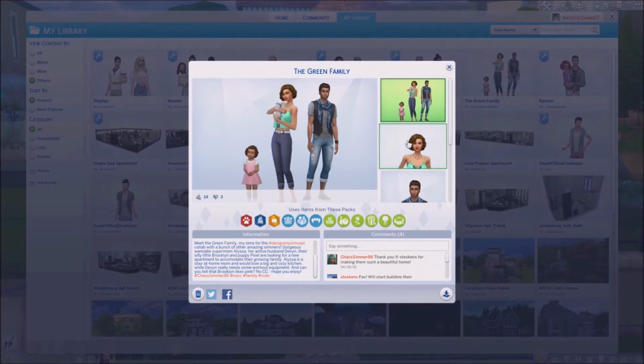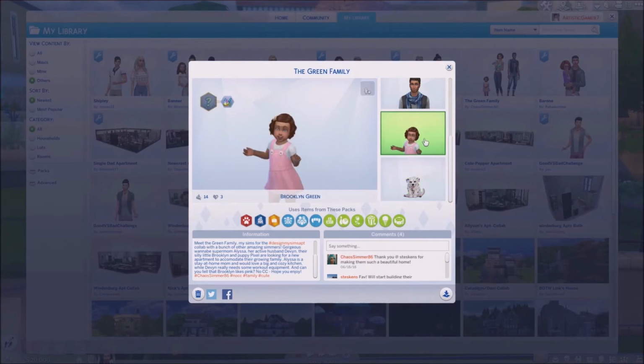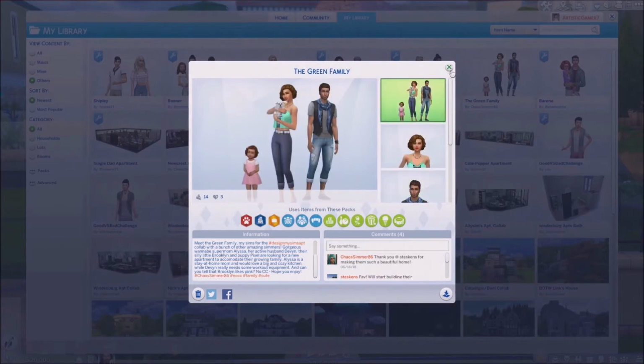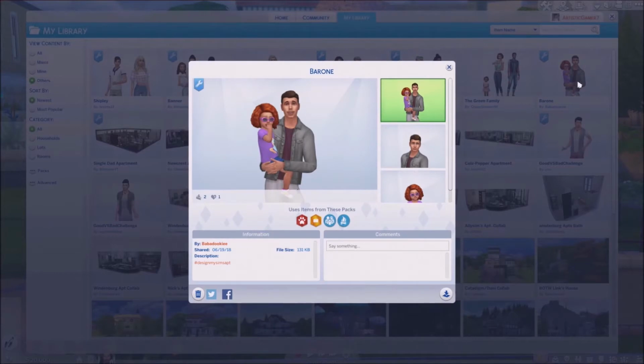So that is this cute, lovely family. There's Alyssa, Devin, and Pixel, and I skipped Brooklyn. Sorry, Brooklyn. You're super adorable and cute, but I just accidentally clicked on Pixel first. So anyway, that is the lovely Green family, and on to the last one, the person who made these,